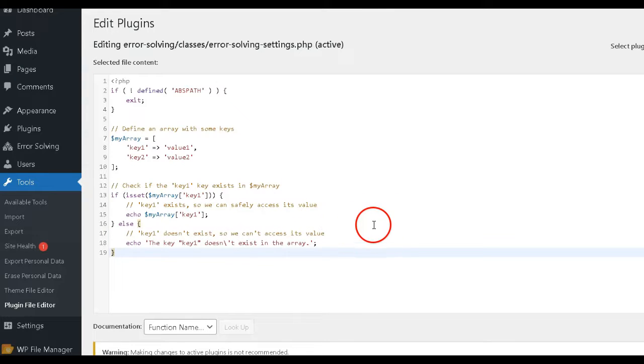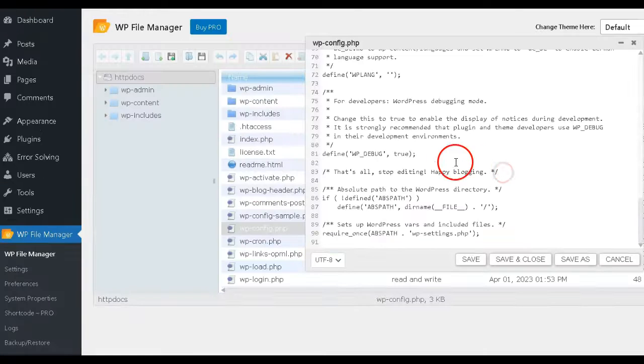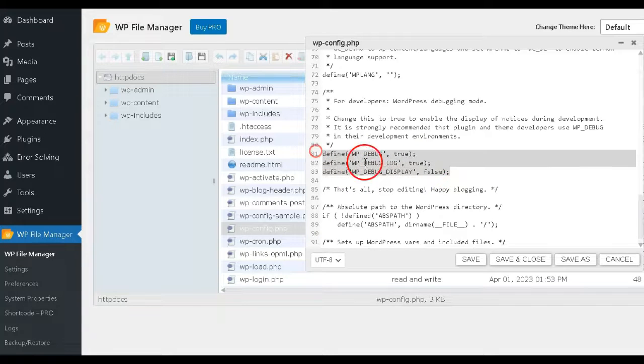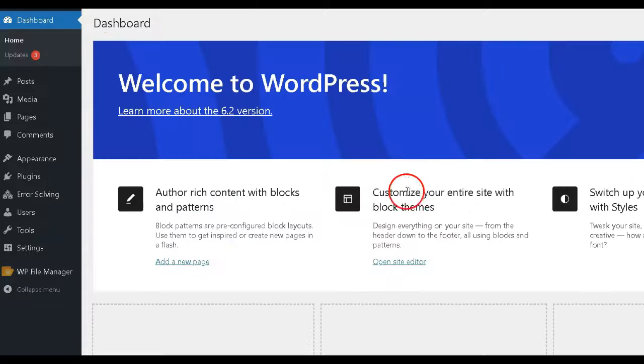Step 4. Turn on error reporting. WordPress has a built-in error reporting system that can help you identify the source of the undefined index error. You can turn on error reporting by adding the following code to your wp-config.php file. This will log all PHP errors to a debug.log file in your WordPress root directory, which you can use to troubleshoot the issue. By following these steps, you should be able to track down and resolve the undefined index error